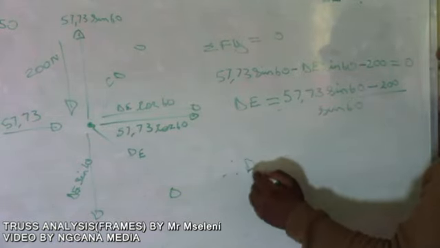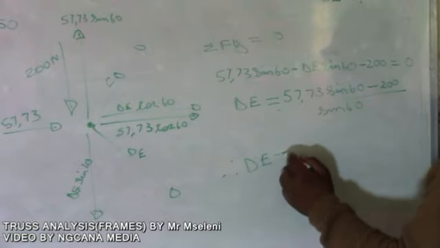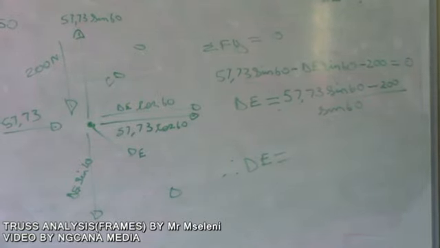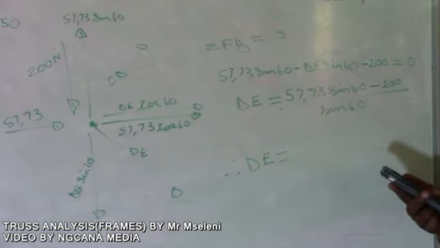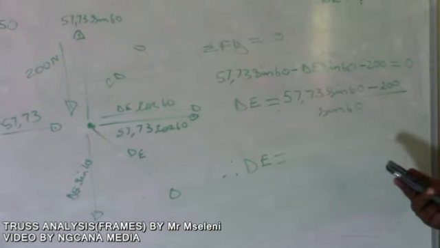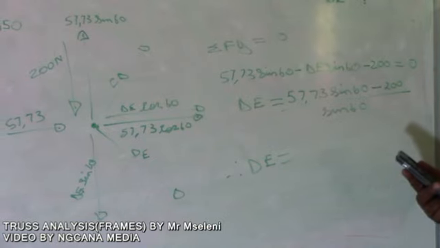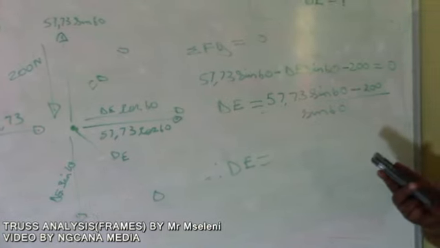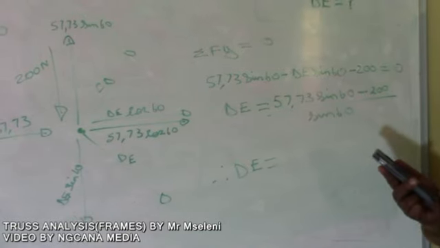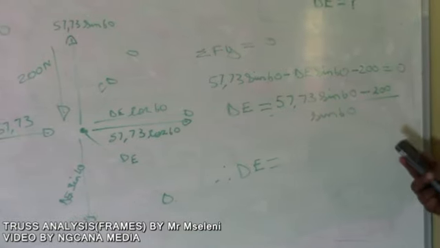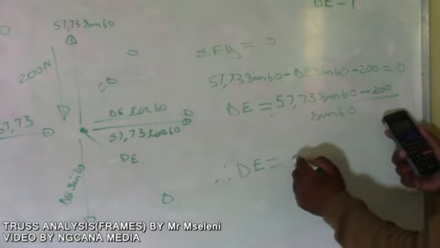Therefore, your DE equals, if you check, 57.73 sine 60 minus 200 divided by sine 60. Therefore, you've got your answer as negative